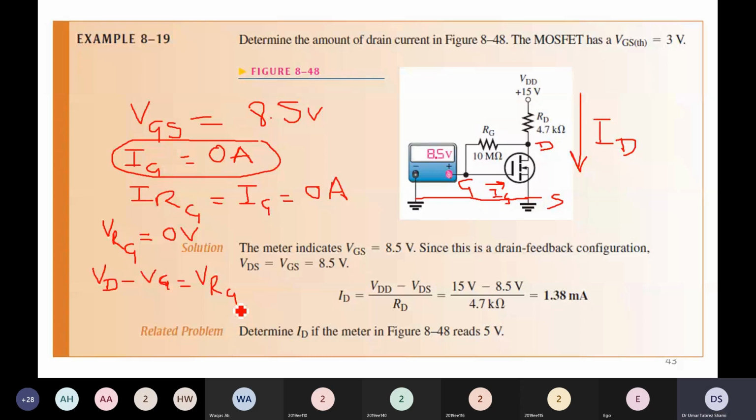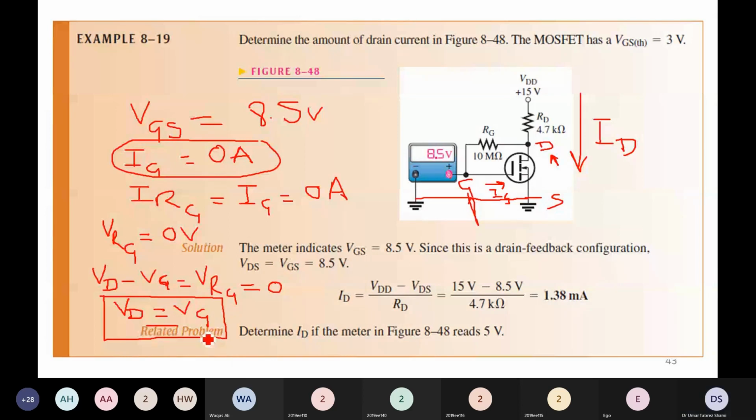If everyone understands this, then the next step will be understood. Yes, sir, VD equal to VG. Now in this equation, we have established that the drain voltage and the gate voltage are at the same potential, or this is the engineering meaning of VRG equal to 0. That is, the drain voltage and the gate voltage are both at the same potential. This is the gate voltage, this is the drain voltage, and they are at the same potential.